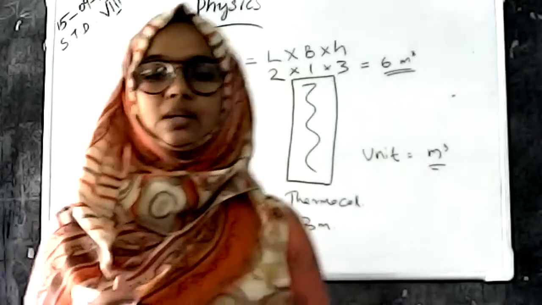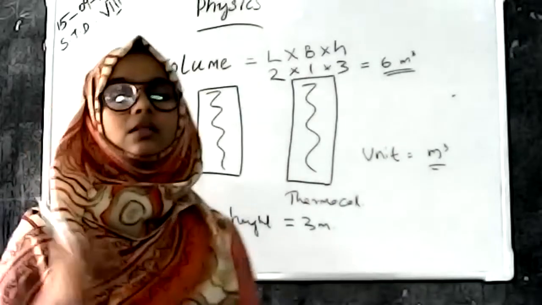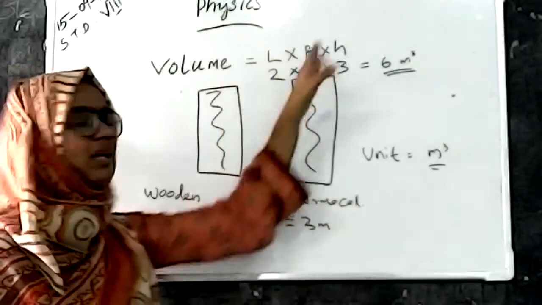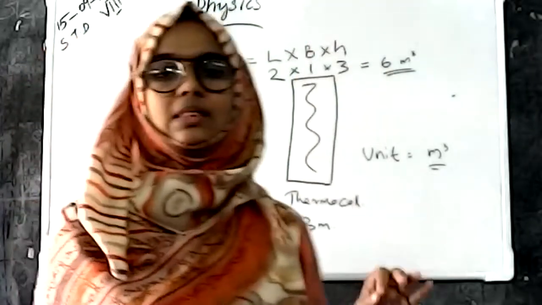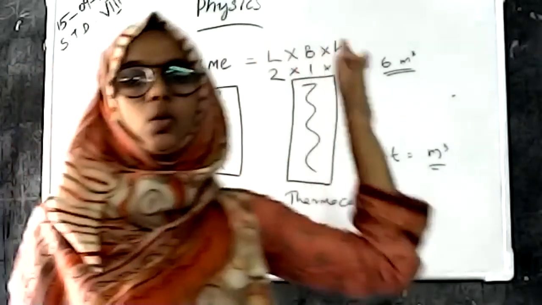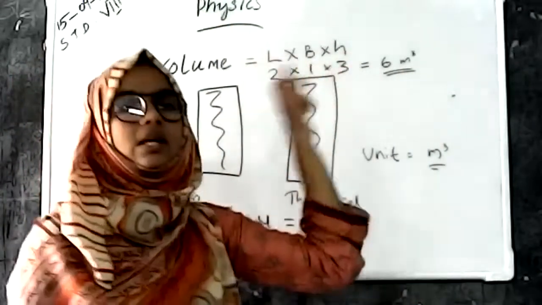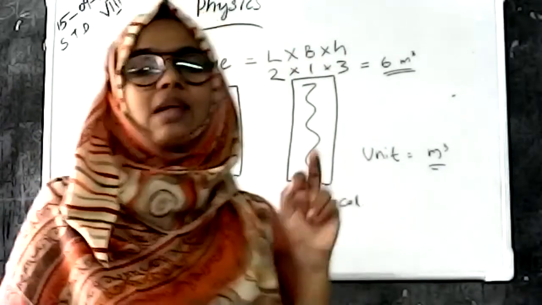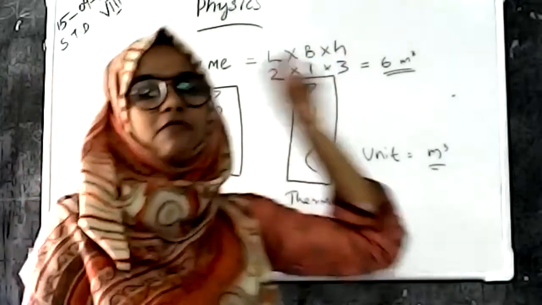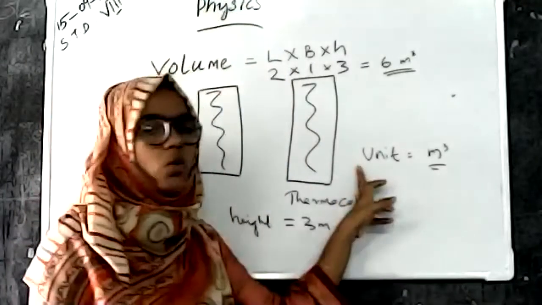Is the unit a derived unit or a fundamental unit? We can find the meter cube unit of volume from the units of length, breadth and height. The basic unit of length is meter. Height, breadth and length are all lengths, so we take length, breadth and height in the basic unit of length, that is meter. So here there are three length units, and m into m into m, that is meter cube, is the unit of volume.